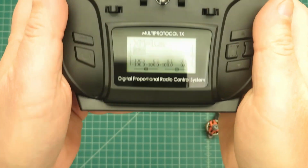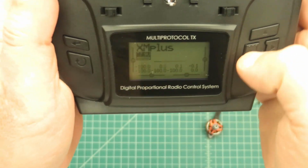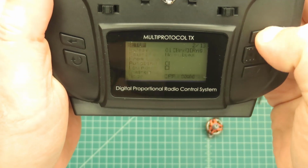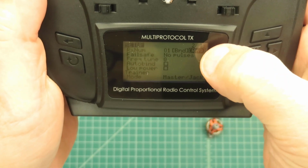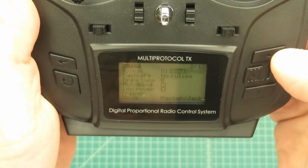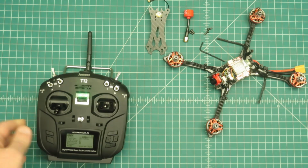Okay, so all we have to do is press menu, press page. We can go backwards on the page 2 of 13, and we're ready to select bind. We press enter, it'll start binding. So